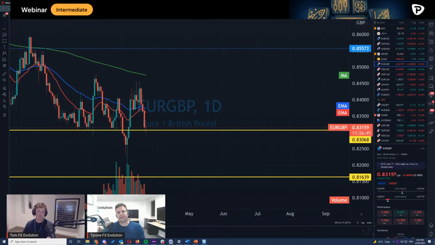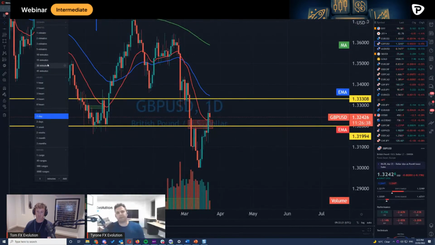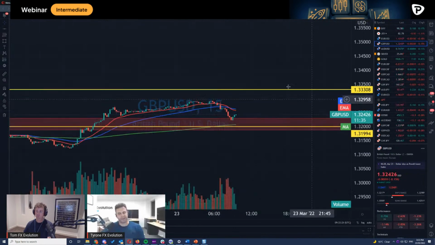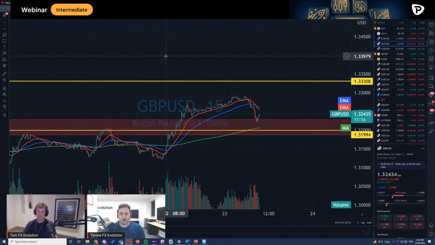Yep. And just to add to that too, it's a bit like, when you're looking for when are they valid, it's very similar to how we look at hammers, shooting stars, bullish engulfing candles, bearish engulfing candles, whatever candle. Where they are located is extraordinarily important to the chance of their success. If they're in the middle of nowhere, chances are it's going to be a nothing trade. If they are at that support or resistance or at a reversal zone, like Thomas said, it increases their chances of actually working out by an unbelievable amount. I can't even begin to tell you, I can't even quantify it, the change it makes.